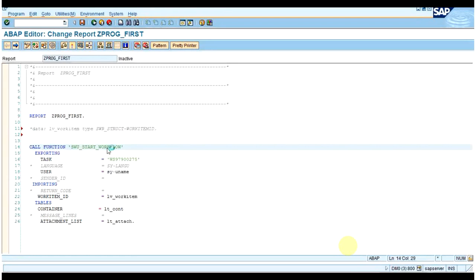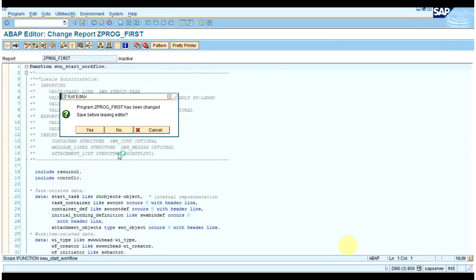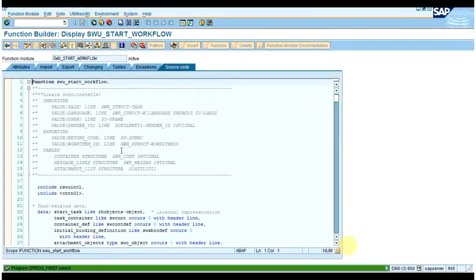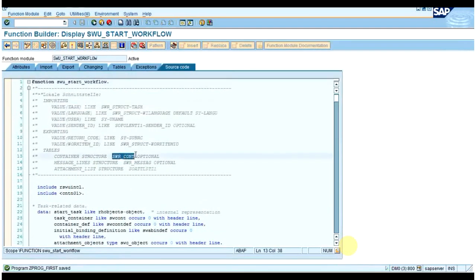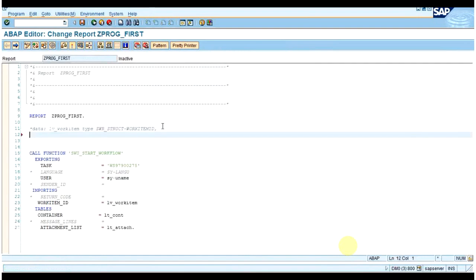I will be displaying this work item ID so that I can ensure the workflow has executed successfully. In this container I will be populating the data. And this attachment is a mandatory field, but since it will be blank, I won't be populating anything, though you can. So now I will be declaring the data over here.